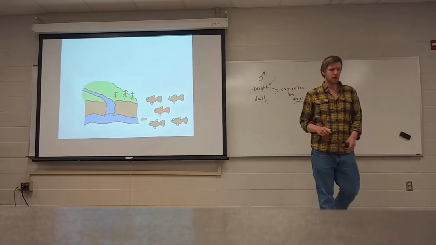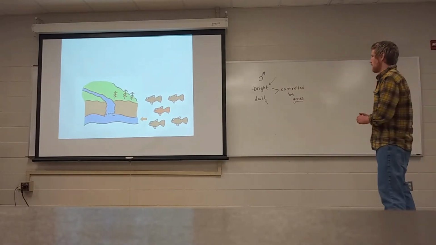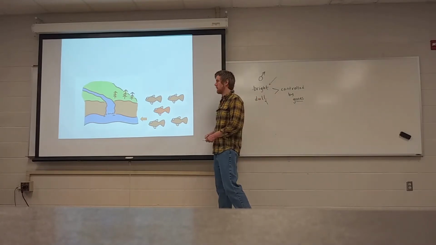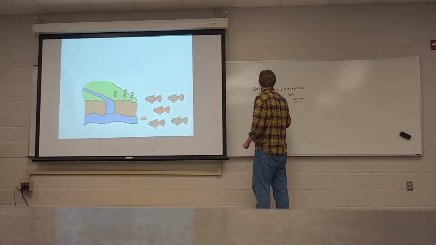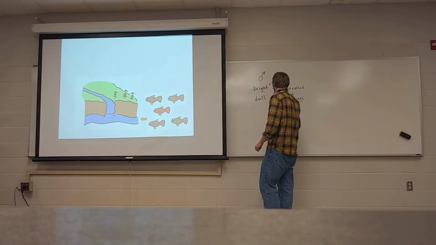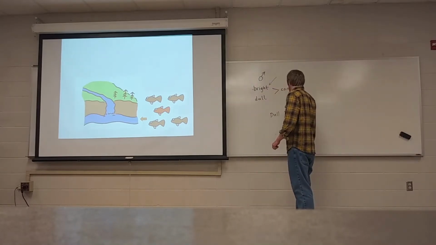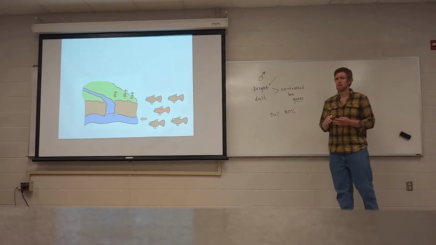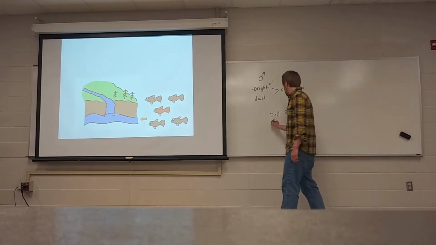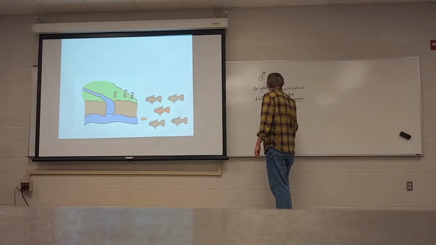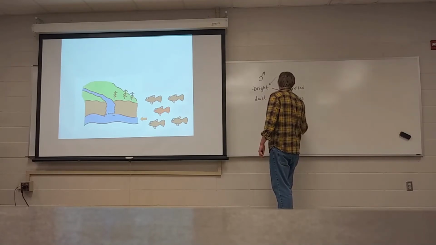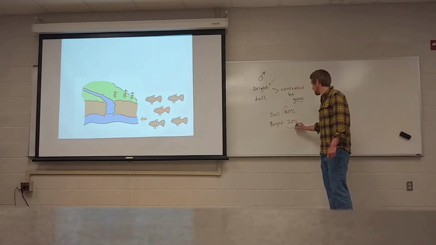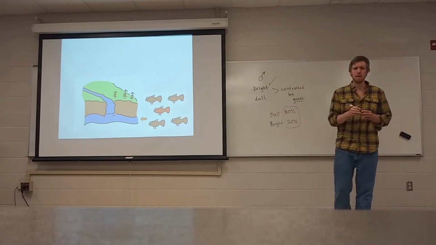And if you look in this picture, 4 out of the 5 guppies show the dull coloration. That would be exactly 80% of the guppies showing that particular physical trait. The bright colored males represent 20% of the population of male guppies. This is the frequency that we observe of these two genes in that population.